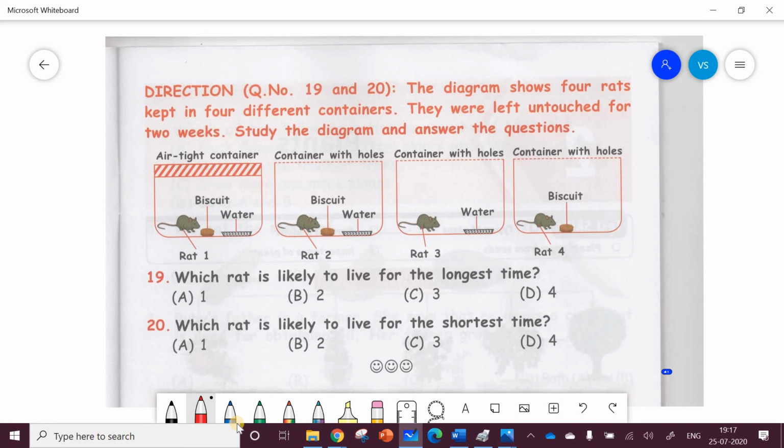So let's summarize some learnings here. The first thing that you have learned here today is that we need water and food and air to live. Anything new other than this that you have learned today? Things can be divided into two categories: living and non-living. Right? I think that's it to sum it up.